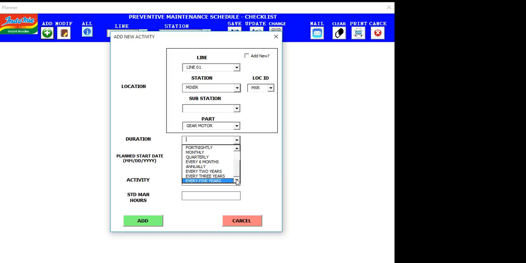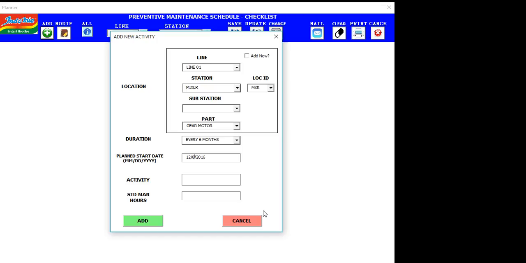Okay, so this is what you are going to tell them also, because after your training, when new activities they want to add, they have to come here and add. So we have to tell them very clearly how to do it. Correct. So for example, let us say gear motor is an every 6 months activity. Every 6 months once they have to check. And when they are going to start, this is where another thing they have to watch. If they want to start this particular activity, which is every 6 months once, but they want to start this activity by January,